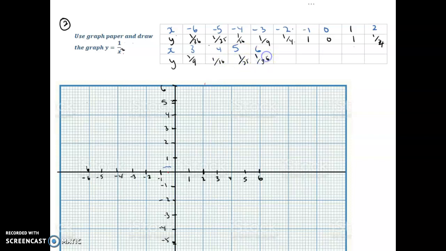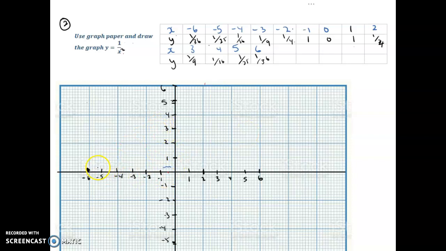Plotting this is actually a little easier because now I'm just using this section here and this section here, because they're all positive values of y. All the values of y are actually positive, right? So now once I get the hang of it, let me start. Minus 6 is minus 1 on 6. Trying to erase this point here, probably there I could say. Alright, so that's minus 6 is 1 on 36. 1 on 36 is actually